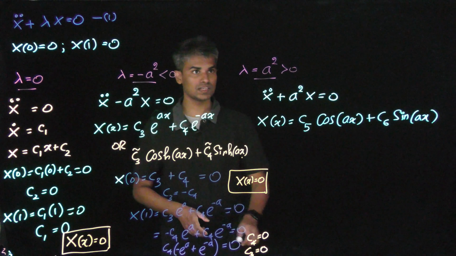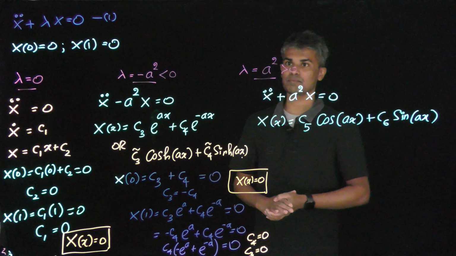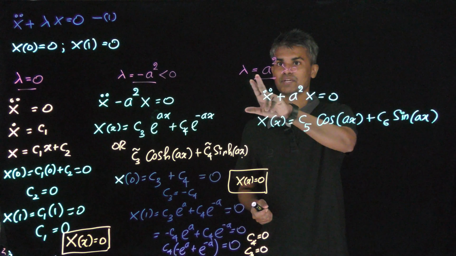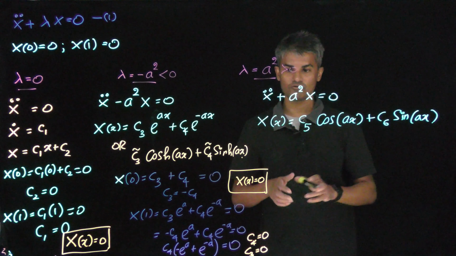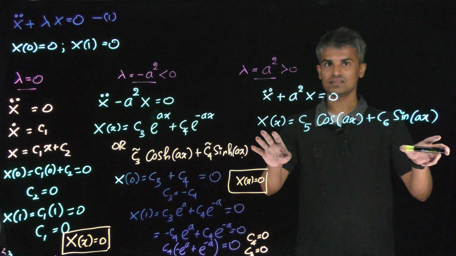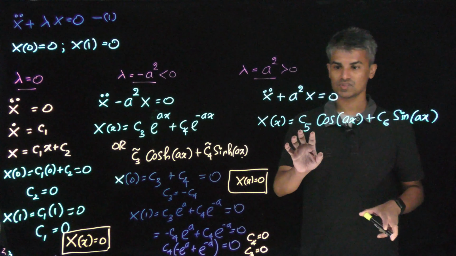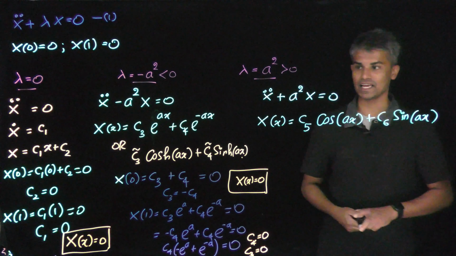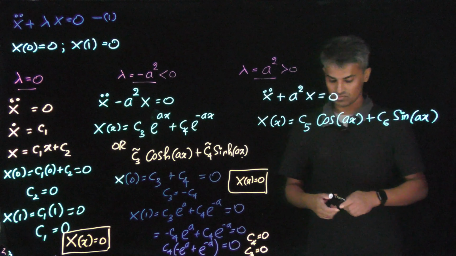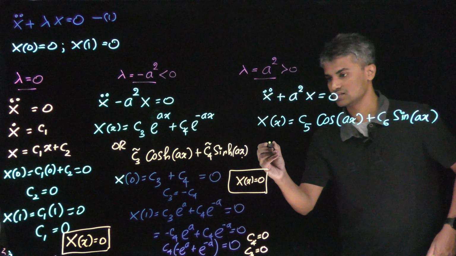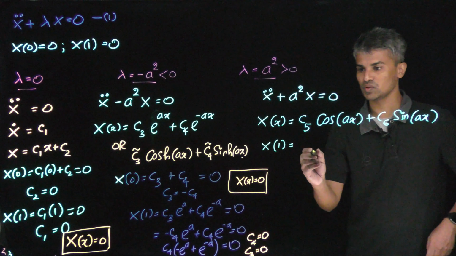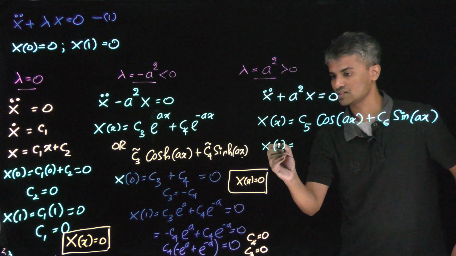Okay, now let us consider the third lambda value. Here lambda equals a squared, and we have already found the solution. Big X of x equals some constant times cosine ax plus another constant times sine ax. We are going to apply the boundary conditions. When x equals 0,